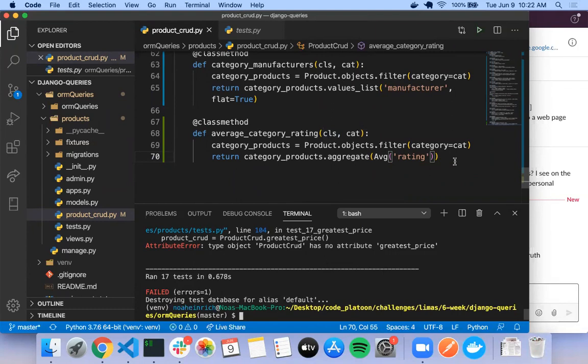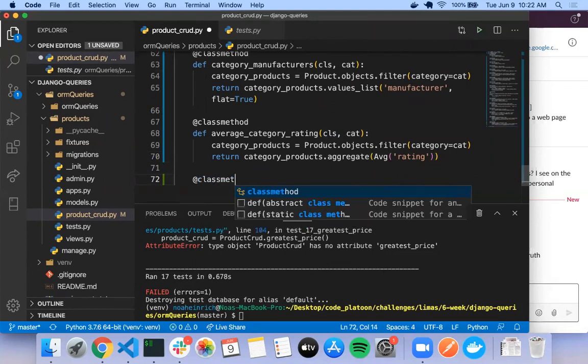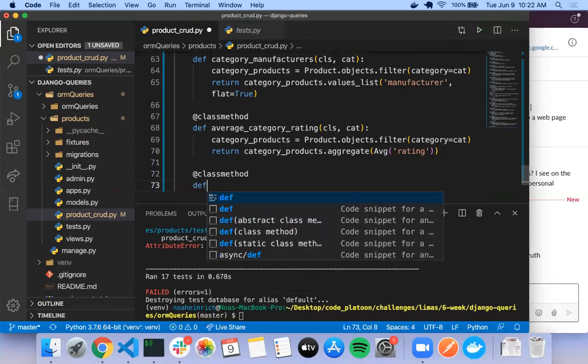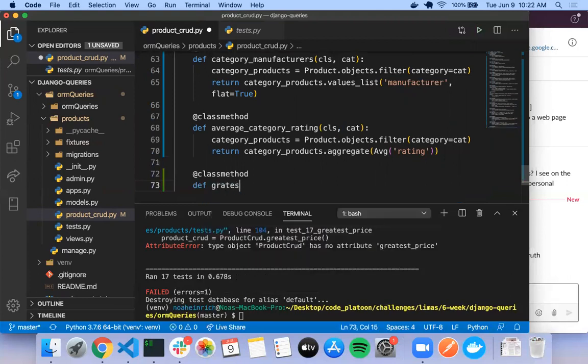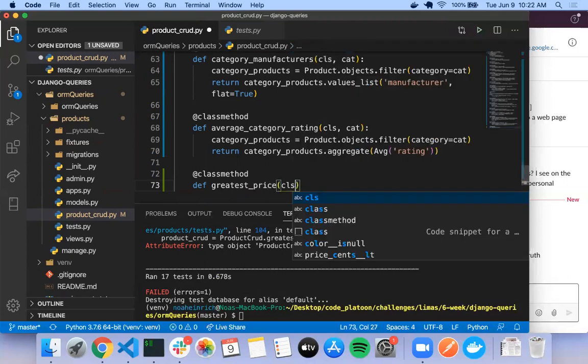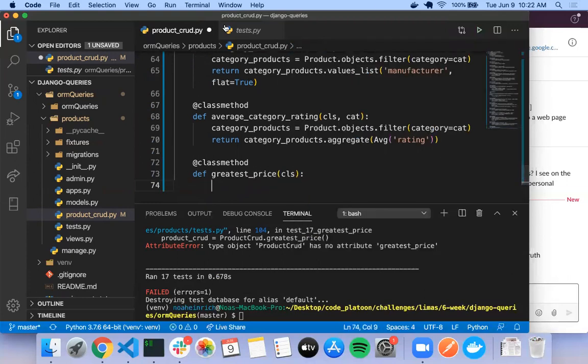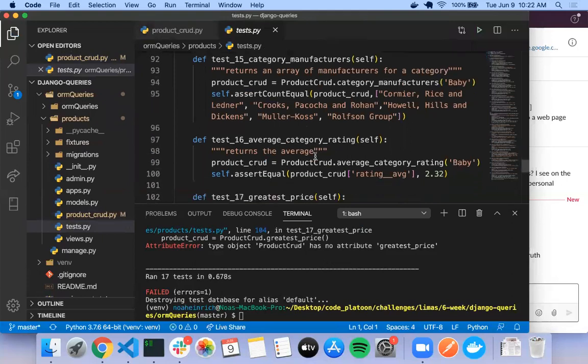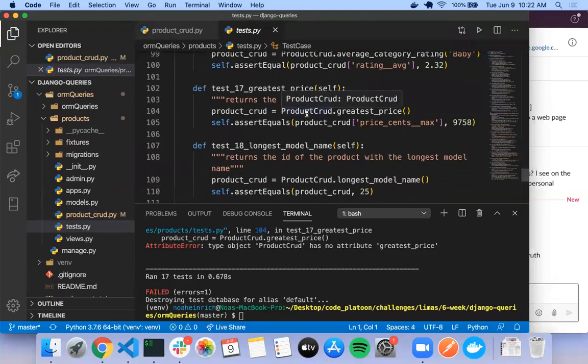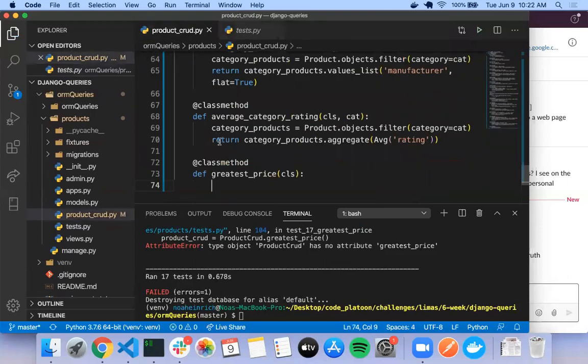All right, couple more tests to go. So this is greatest price. Doesn't take an argument. So I'm assuming this just wants us to get the highest price of anything, right? Returns the highest price. All right, so in this case, we've done our order by before, right? So we could say,